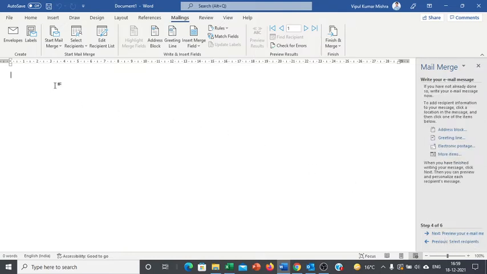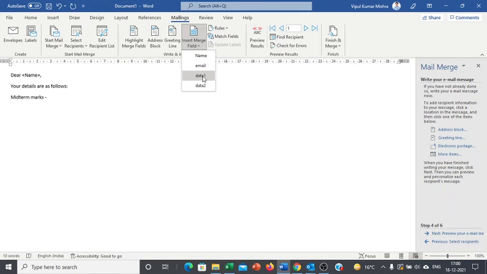Now here you have to write the personal email. You can say Dear, and now you want the student name. So go to Insert Merge Field, and select the name. Now you can see the name is coming here. Whenever it writes the email, it will get the data from the Excel and put it here. Then you can say your details are as follows, and let's say your midterm marks, and then you pull the particular data.